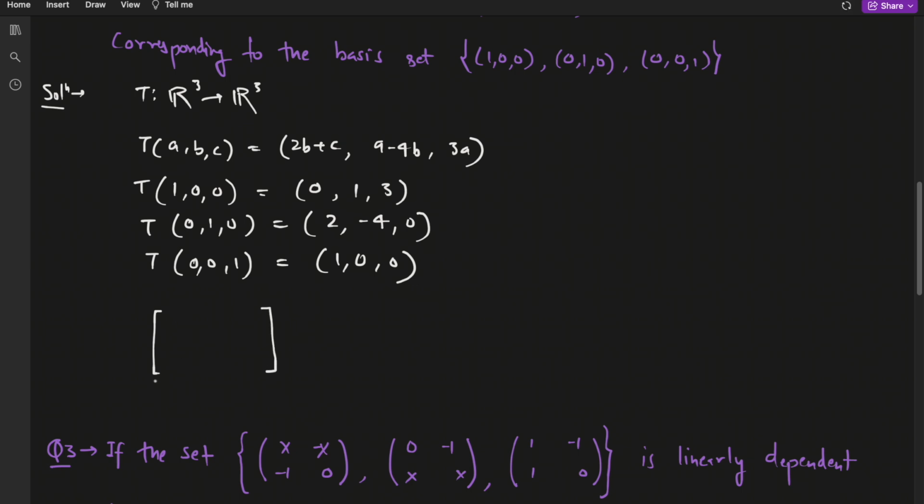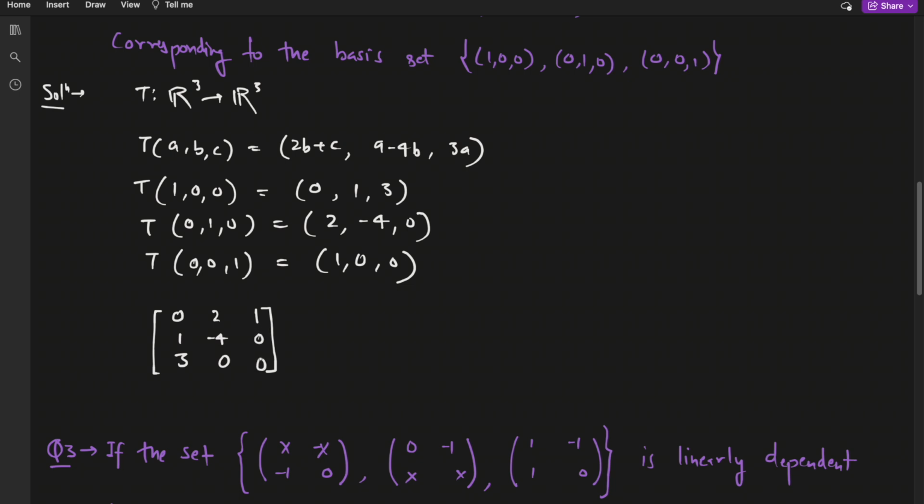The first column represents where the first basis vector landed. The second column represents where the second basis vector landed, and the third column represents where the third basis vector landed. So this is the first basis vector, and it landed at 0 1 3, so basically the first column becomes 0 1 3. The second basis vector landed at 2 minus 4 0, so the second column becomes this. Similarly, the third column will become